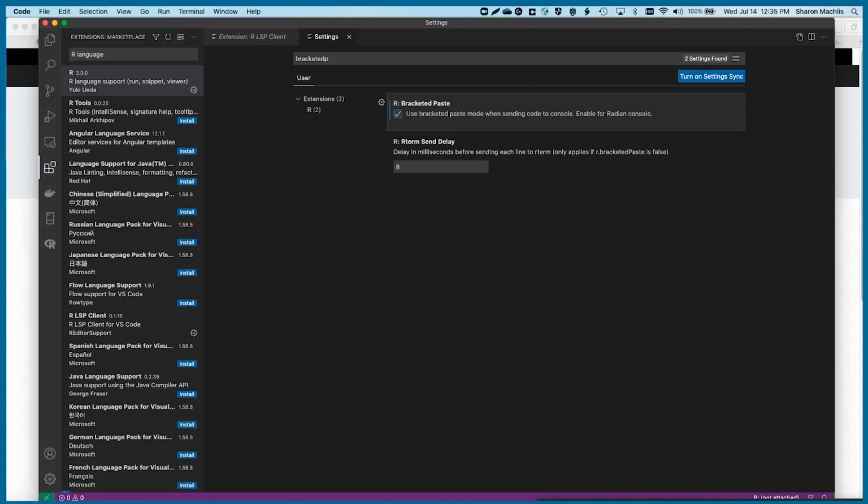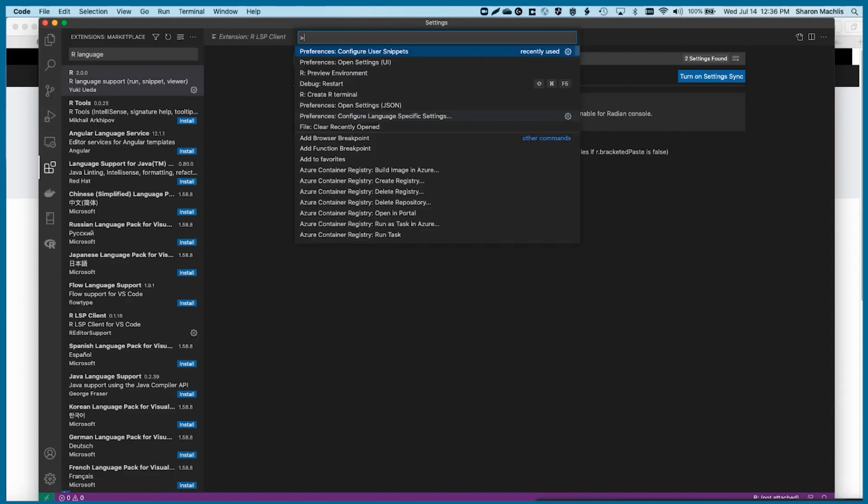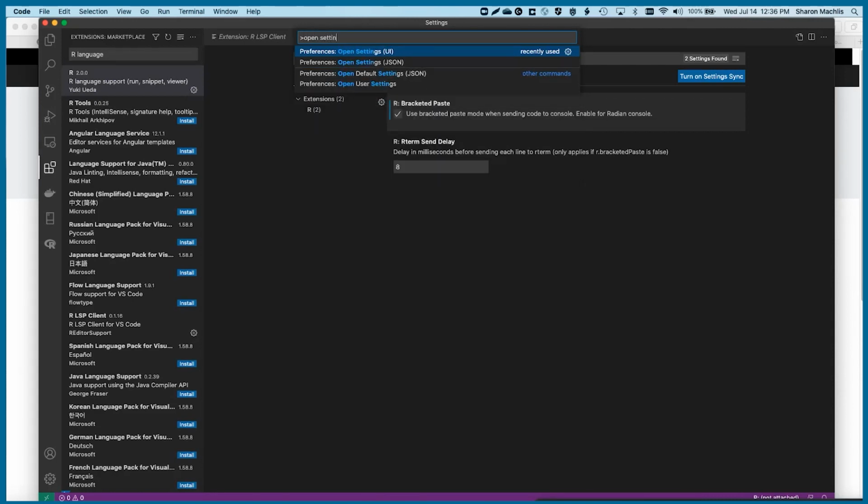You can also get to the settings user interface using VS Code's command palette. Command palette is a very handy way of accessing all sorts of VS Code capabilities by typing instead of menu point and click. Most software IDEs have them, and they're good to get to know. In VS Code, you can pull it up either with the F1 key or the key combination Control-Shift-P on Windows or Command-Shift-P on Mac. For settings, start typing Open Settings. And you can see there's a choice to either open the user interface or you can open the underlying JSON file if you're feeling adventurous.